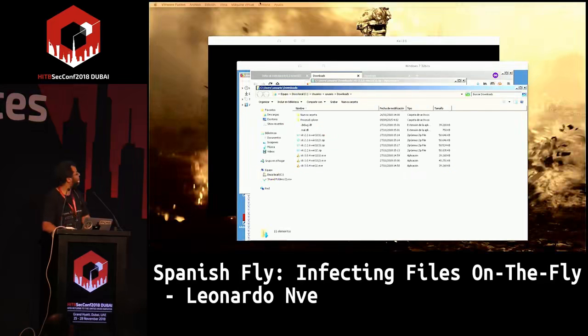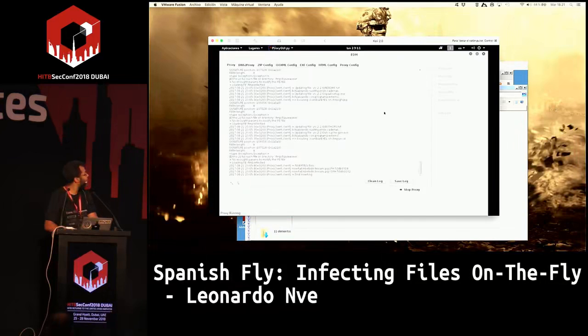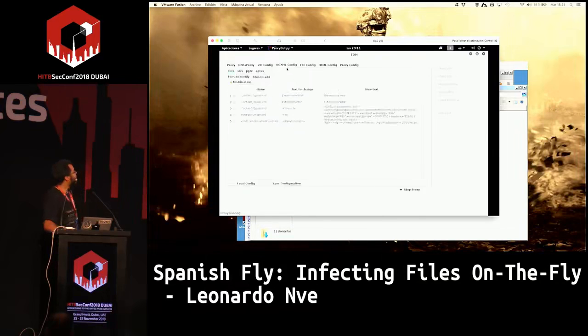Okay, again. If you go to the config of Infect Office, you're going to see that it's a little bit simpler. The name of the file you want to modify, as it is text files directly. What I do is a string change.